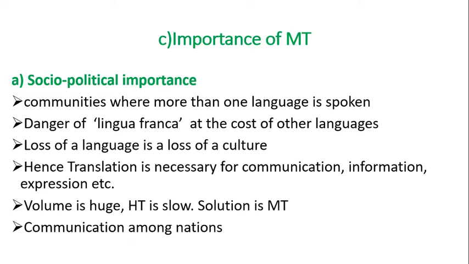From the socio-political aspect as well, communication among nations is very important. Countries want to communicate for various purposes. They want to know each other, create understanding, and build good economic and cultural relationships, and they want to learn from each other. The only communication tool is translation, and human translation, as we all know, is very slow and cannot cope with the requirements and the need. The solution comes from machine translation.